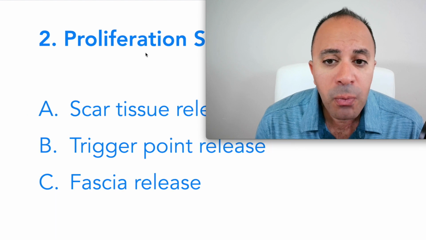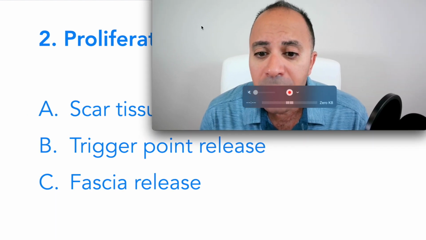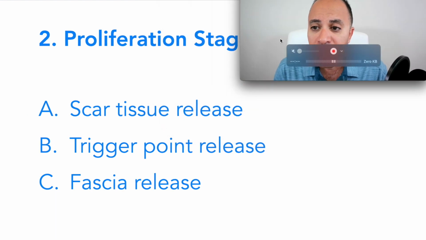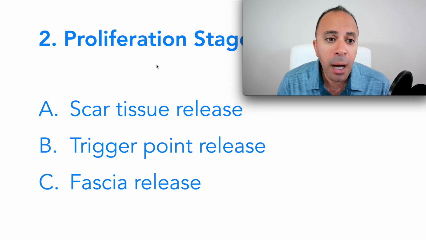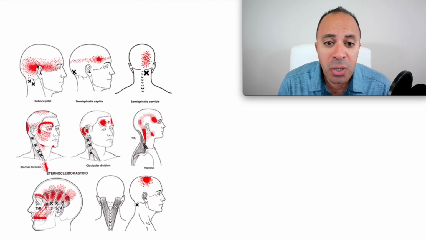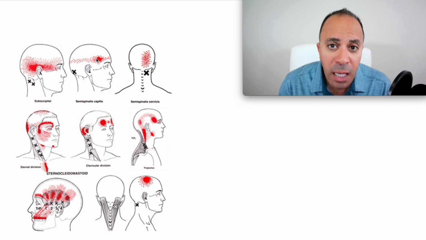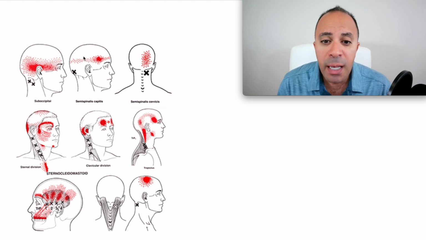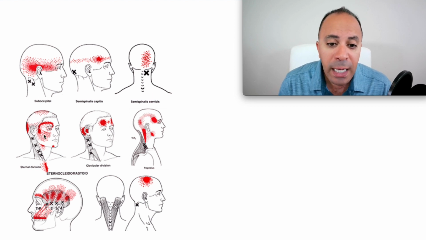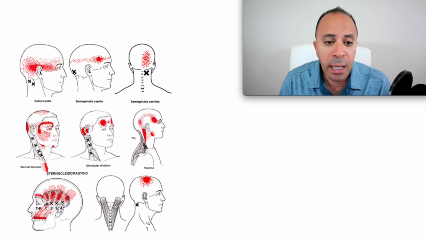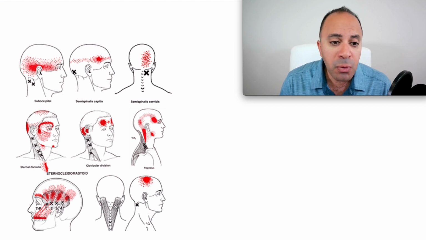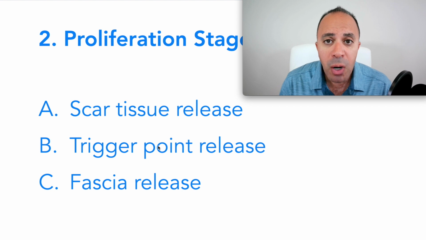The second thing, we're gonna work on the proliferation stage, and that's extremely important for tension headache. If you don't work on the proliferation stage, you're not gonna be able to release the tension headache, because by definition, you will have a lot of scar tissue, a lot of tightness in your fascia, in the forehead, in the head area, in the neck area. So if you don't release that, and you're using massage, that's temporary. It's not gonna release the tightness, and it will make sense when I go over each part of the proliferation